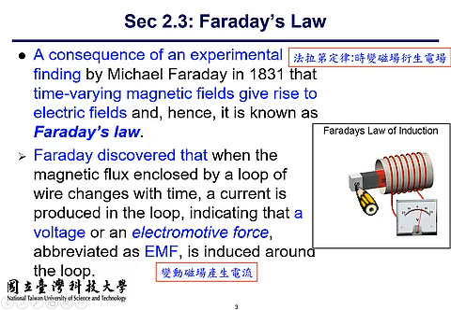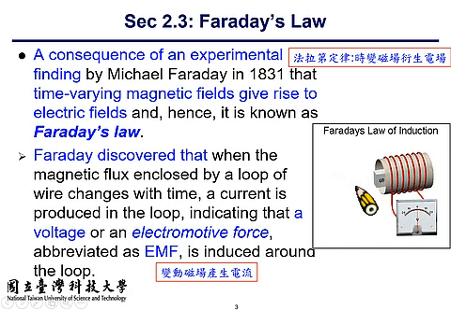If the magnet is placed in a stationary position, there will be no electrical potential associated with it. However, as the magnet moves back and forth,